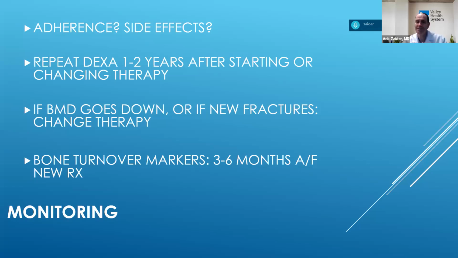These are blood tests that people sometimes measure that tell you whether the bone is being resorbed. The higher the number, the more the bone is being resorbed and the more active the osteoporosis is. The best example of this is something called CTX. You may have heard of a blood test called CTX. They're trying more and more to use that, because it would be kind of nice if we can use that as a marker of how we're doing.